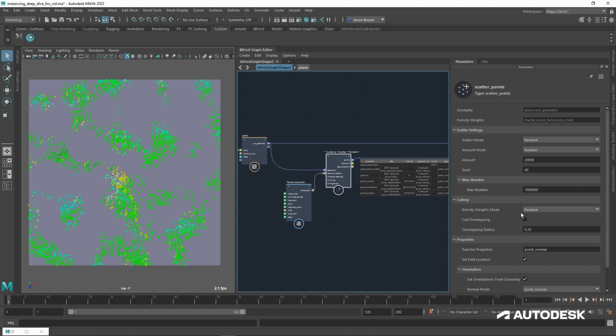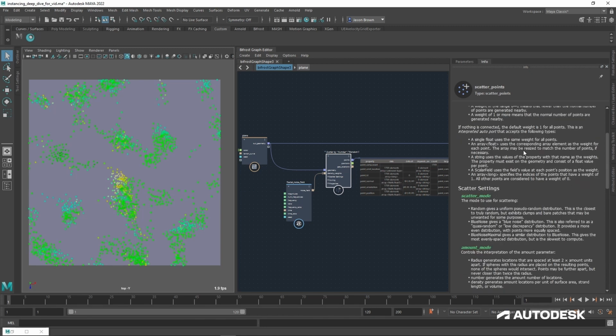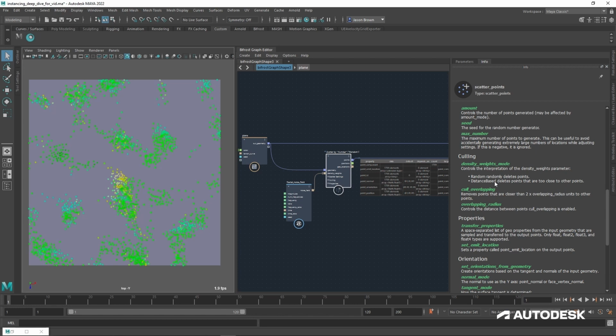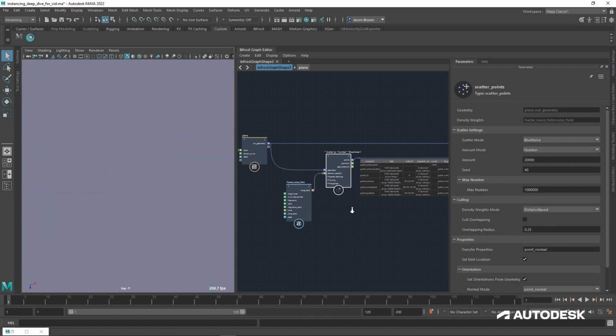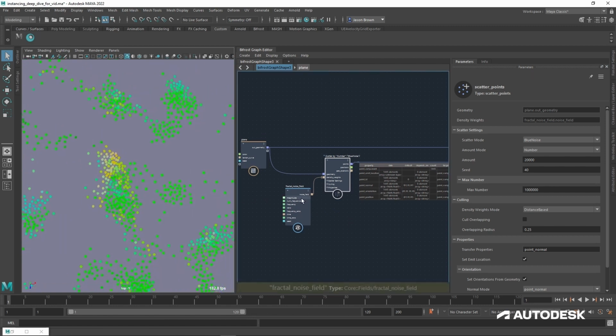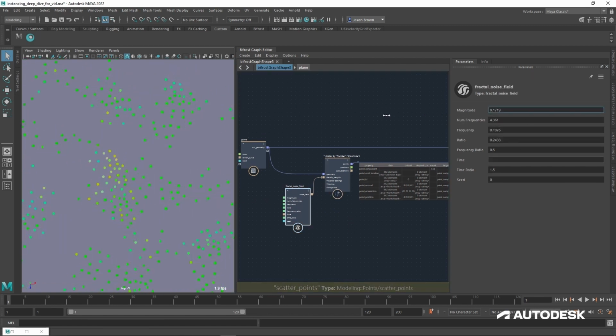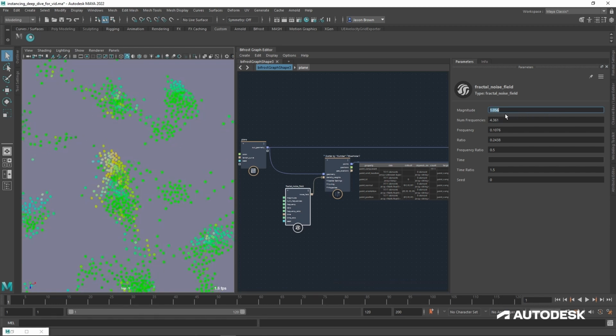And then your density weights mode, you can change it from random to distance based, and you can see the changes it's made there. So looking at the info and the culling, random randomly deletes points per that probability. Distance based deletes points that are too close to other points. Looking at that also by that probability. That's the difference between those two, and it works, of course, if I go to blue noise, scatter those points as evenly as I can, put in the fractal noise field, and I can, again, do that kind of thing with it.